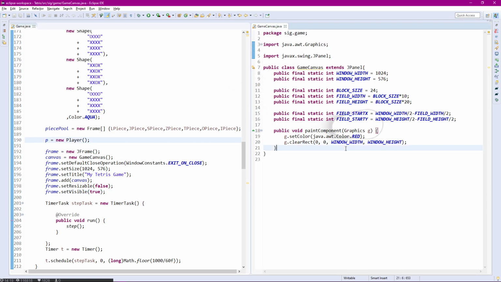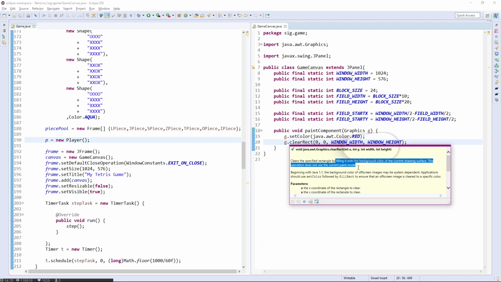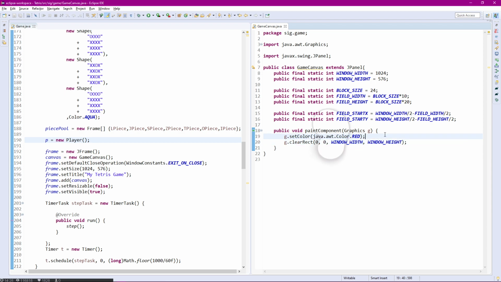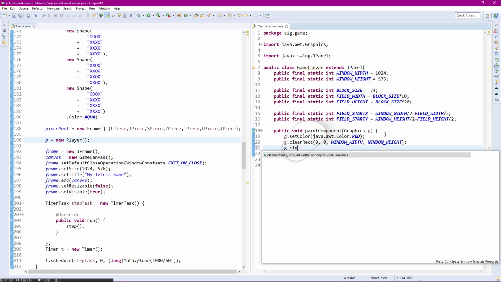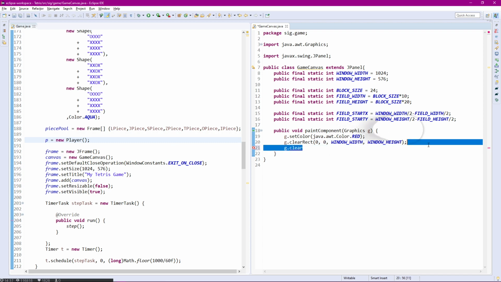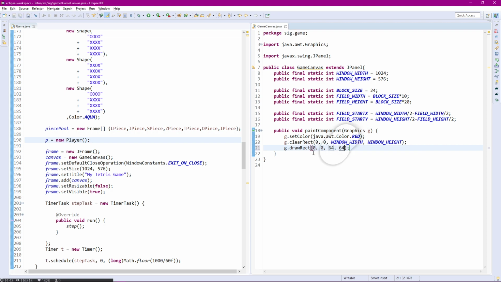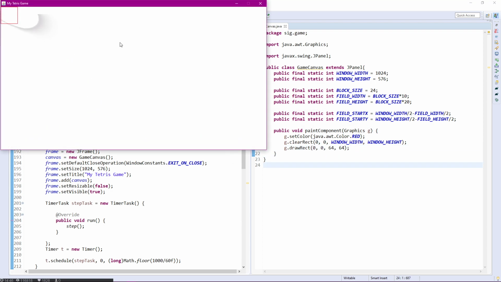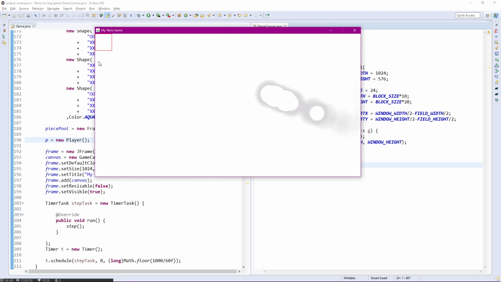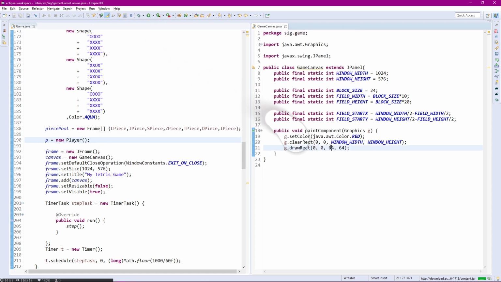It's still not redrawing in the right window color. That might be because clear rectangle doesn't clear with a certain color. Filling with the background color of the current drawing surface. Let me see if there's a background color. I don't think there is. I know if we draw a rectangle on the screen, coordinates start at 0, 0 being the upper left corner, and then going to the right and down for the x and y coordinates. So you can see it did draw a rectangle here, starting at coordinates 0, 0, 64 by 64, and that's our core way to draw items on the screen. However, I'm curious why it didn't